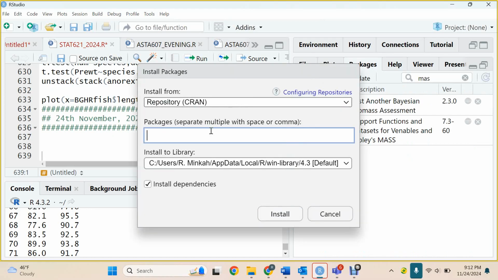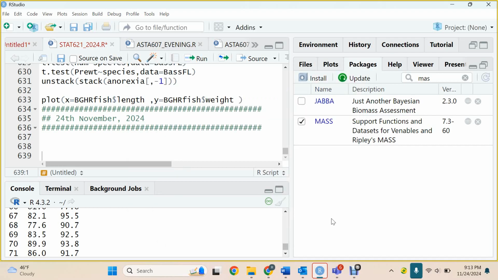Well, you go here to the CRAN. If you are connected to the internet, you start typing FSA, and this is the data. You select this, then you click on install. I already have FSAdata installed, so I'm not going to go through it again. But once you click install and you are connected to the internet, this will appear. Okay, now,